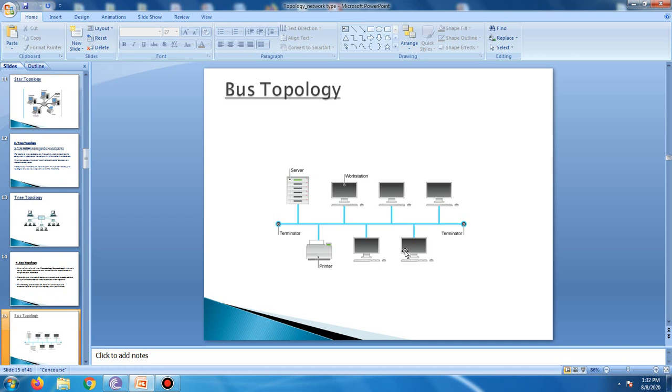As a signal travels along the backbone, some of its energy is transferred into heat, so it becomes weaker and weaker the further it has to travel. For this reason, there is a limit on the number of taps a bus can support and on the distance between those taps. Advantage: it is easy to install. Disadvantage: it is difficult to reconfigure.